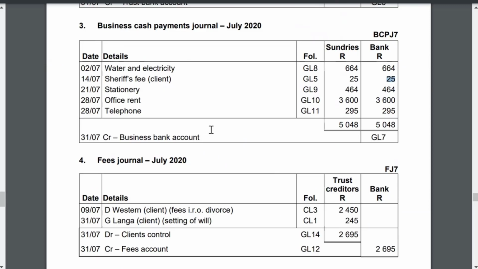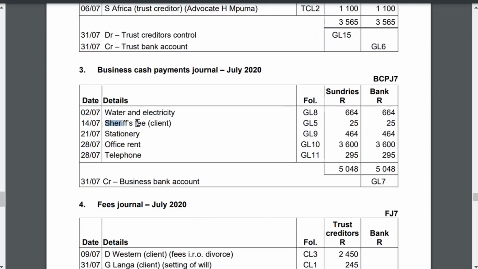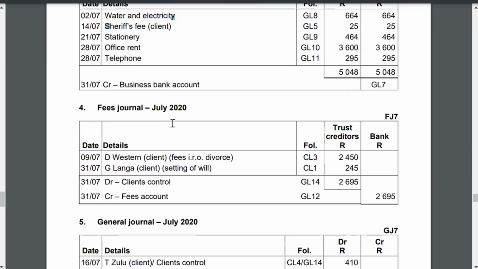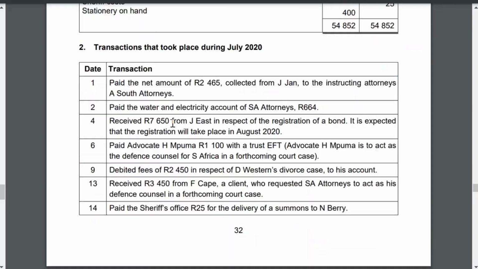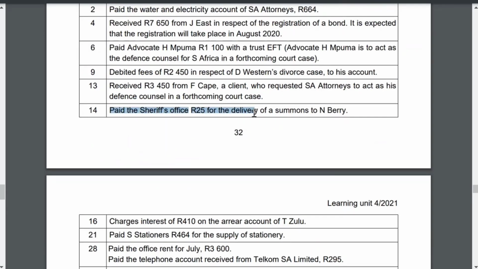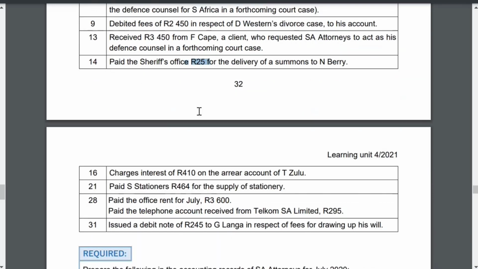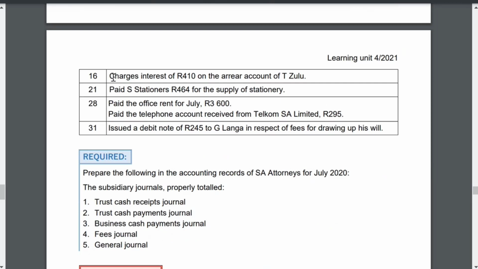So this 25 Rand, the business has paid on behalf of the client, but the business will get this money back, will invoice the client the 25 Rand that they've paid on their behalf. So transaction number 14 is the business cash payment journal. SA Attorneys has paid on behalf of the client, which they will charge the client this 25 Rand. And then number 16,